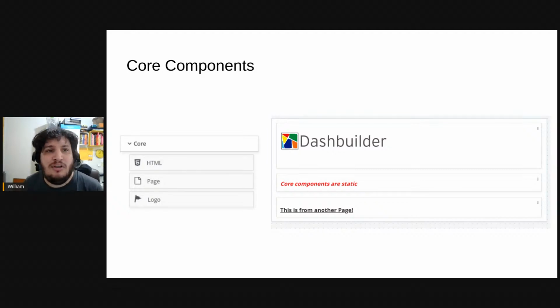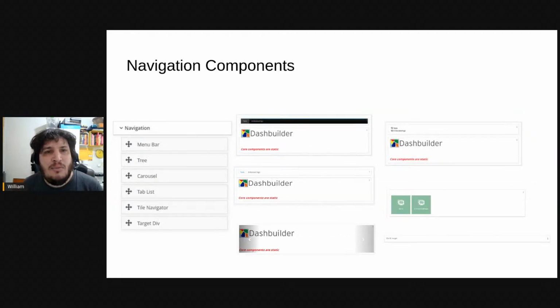So you are free to do any kind of page you want and then compose bigger pages with more complex solutions, complex visualizations. And one thing that's very cool about Dash Builder, and I like it, is the ability to embed a group of pages inside another page. This is what we call navigation. And we have quite a few components to build the navigation. So let's say that you have a group of pages that are only about sales and you want to bring all those pages inside another one. You can then use one of these components, and it will build the navigation to that group of pages